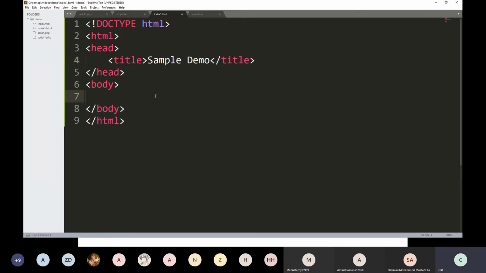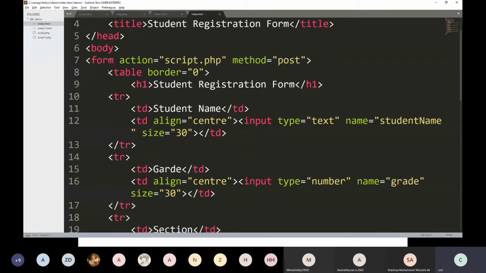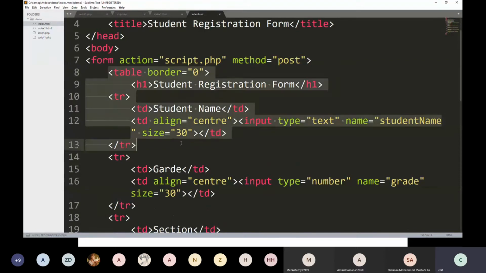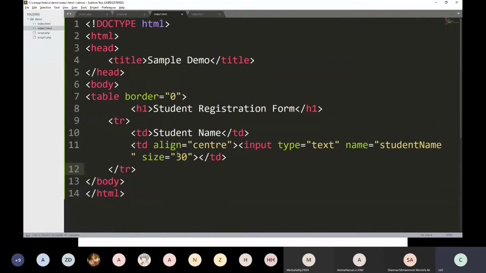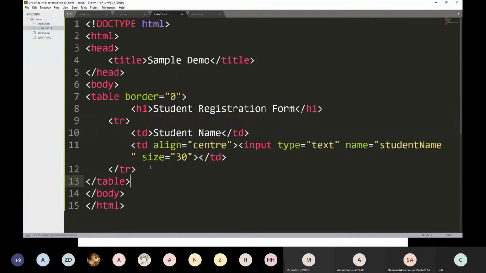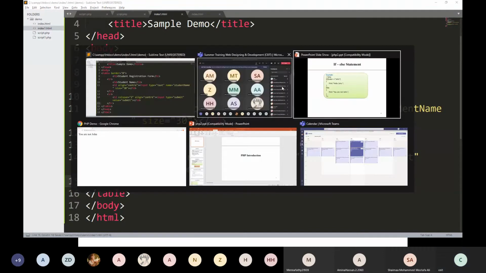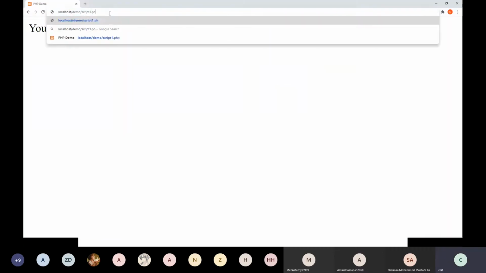and in the body, suppose I have an input text like we did yesterday. This part I copy and paste here and close the table. And again I need this submit button. Let me show you the output.